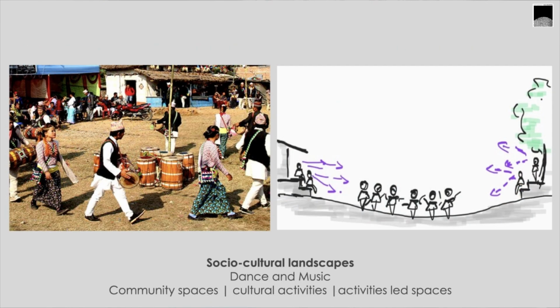Dance and music. Different dances are performed by different ethnic groups of Nepal. The open spaces are shaped accordingly in proximity to community buildings for these activities. If we analyze the landscape character of these areas, the central circular fields are ideal for those kinds of music and dance. Gentle slopes for proper viewing angles form a visual character of the spaces, with the community buildings on the edges and sitting spaces with a tree backdrop.